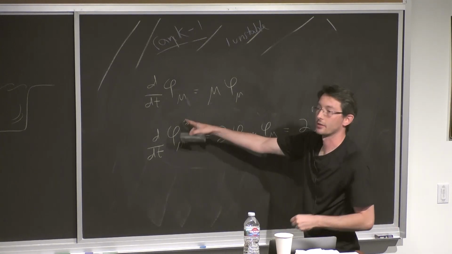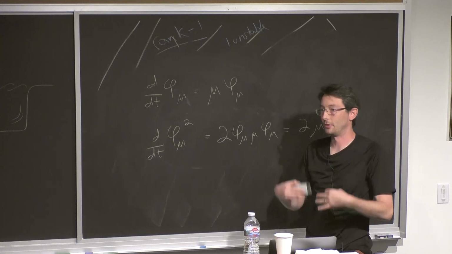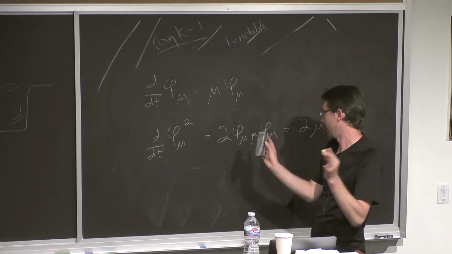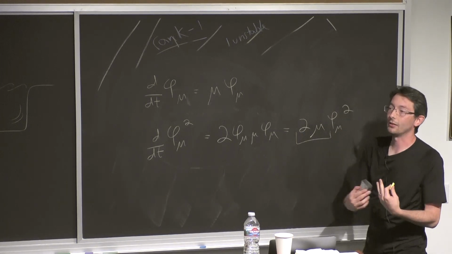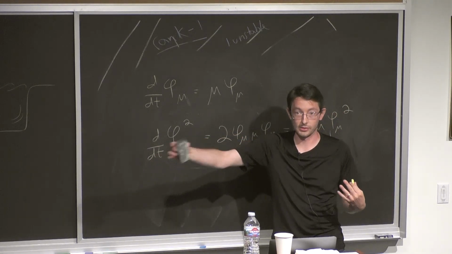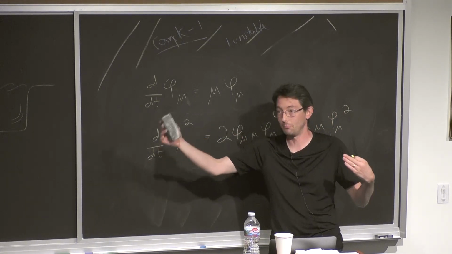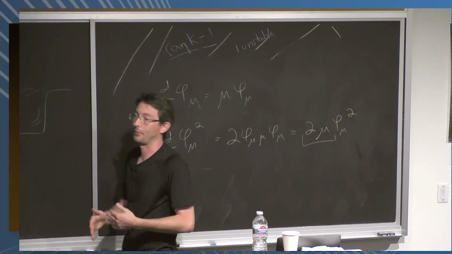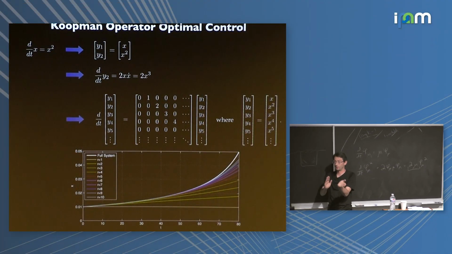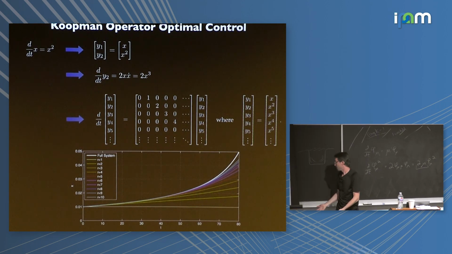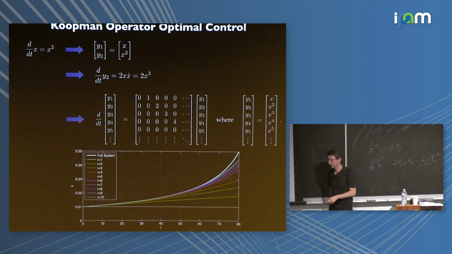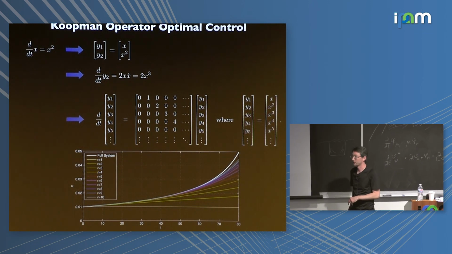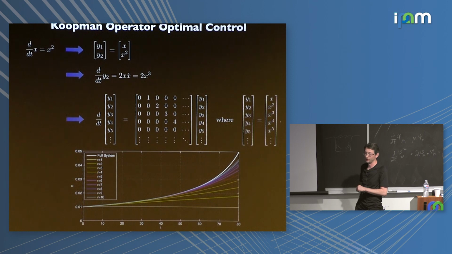So phi mu squared is also an eigenfunction, and phi mu cubed, and phi mu to the n, and weird things happen. So you essentially get a lattice of eigenvalues and eigenfunctions at integer spacing of your basic mu and lambda eigenvalues. And so the question is basically how many of those fundamental eigenvalues, lambda and mu, do you have for a system? There are theorems. Igor Mezic has some theorems. I believe Shai Revzen has some theorems about these principal Koopman eigenfunctions. But it's still, I don't say, completely resolved that I understand.